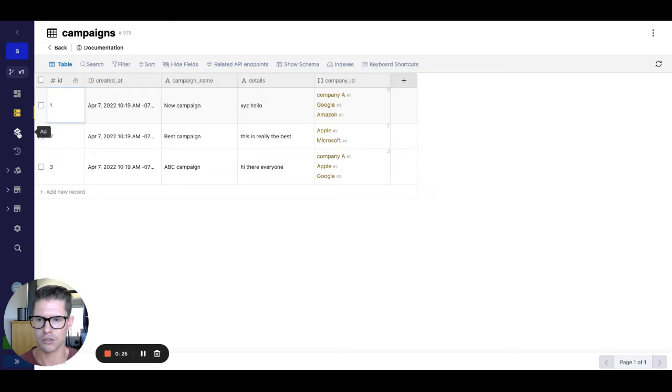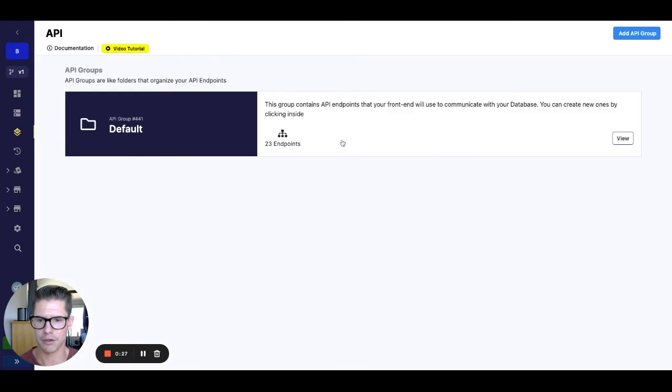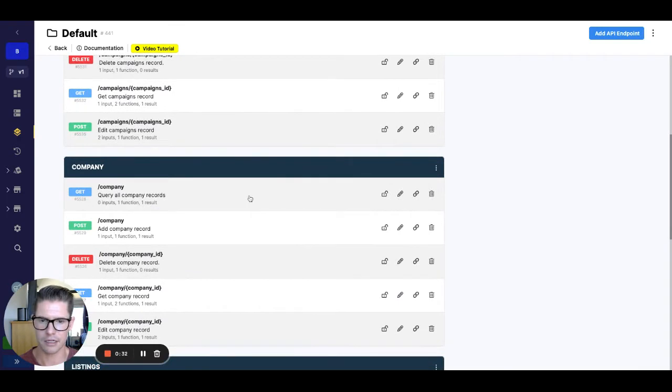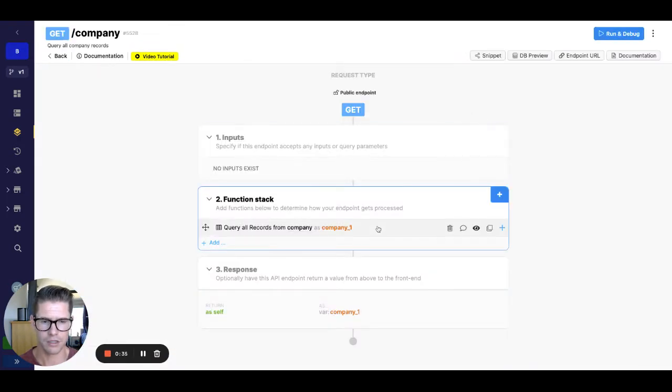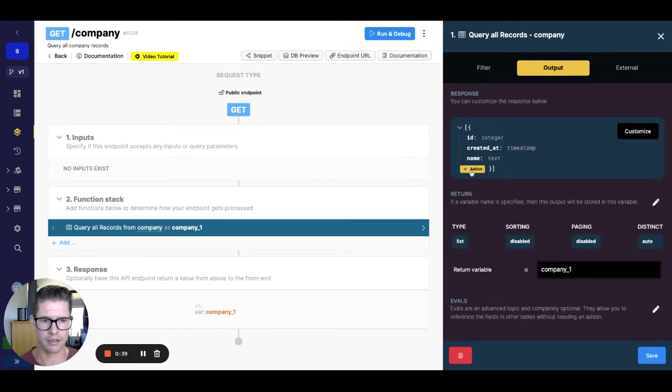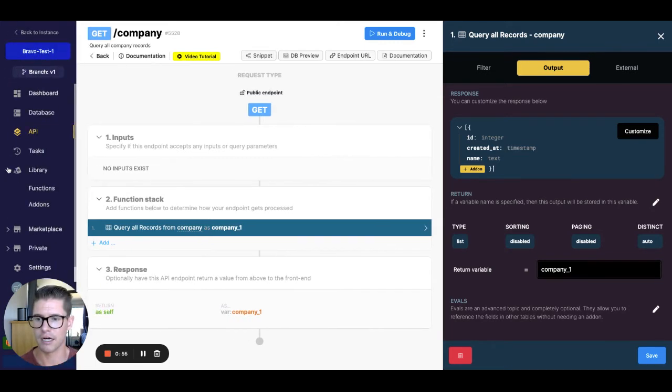But you want to be able to basically query your company table and see the campaigns that it belongs to, right? So if you go into query all records, there's one way to do add-ons right here through this wizard. And this is great for probably about 90-95% of use cases. And it's great for just kind of easy mapping. However, because your other table has an array of table references, you just need to go to the library to